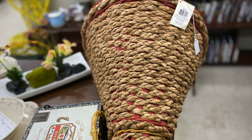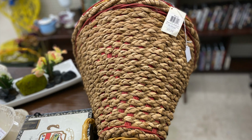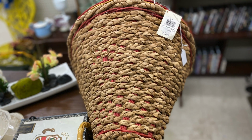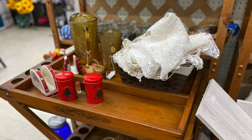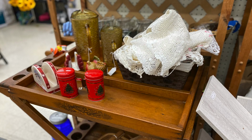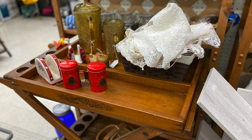And this is a really cute basket, but I would not have wanted to pay that much for it, I don't think. And here was like a tea tray, I guess you would call it. That's what I thought it was. I'm not really sure what it was, but